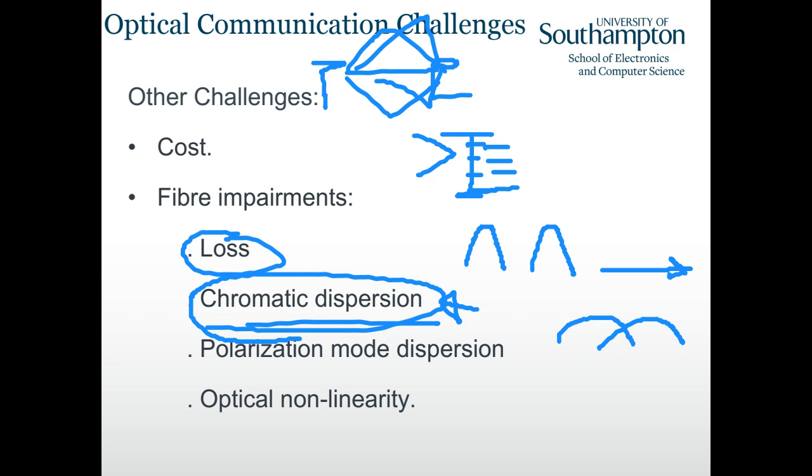So how do we represent this multi-path in the time domain? This multi-path would introduce inter-symbol interference. Chromatic dispersion would also introduce inter-symbol interference. So how do we represent inter-symbol interference mathematically? For example, if we transmit one symbol, and then it goes through a channel, there is probably noise.